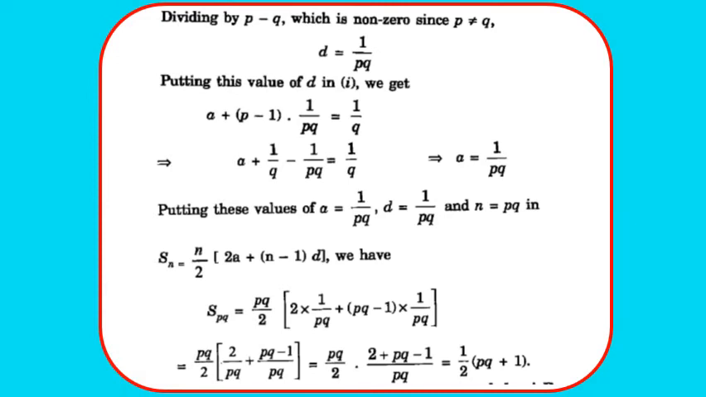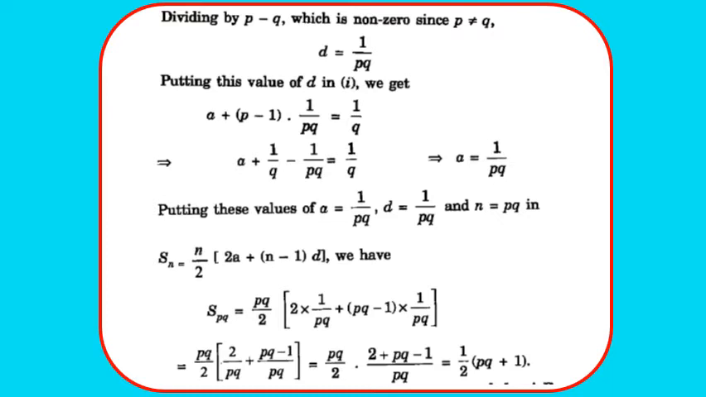So dividing by p minus q, which is non-zero, then d is equal to what? 1 upon pq. So putting the value of d in equation 1, we get the value of a as a is equal to 1 upon pq. Now putting these values of a is equal to 1 upon pq and d is equal to 1 upon pq,